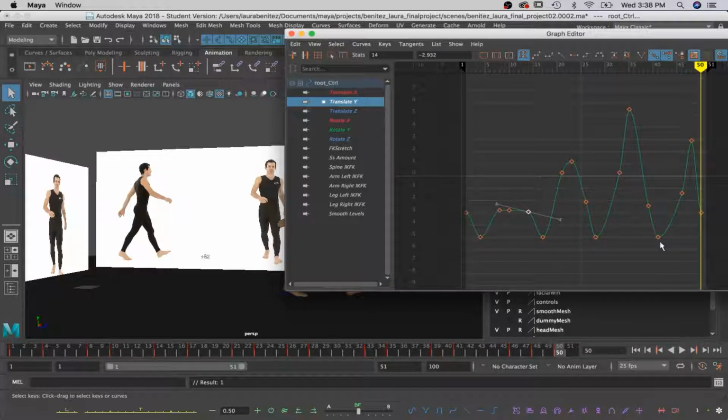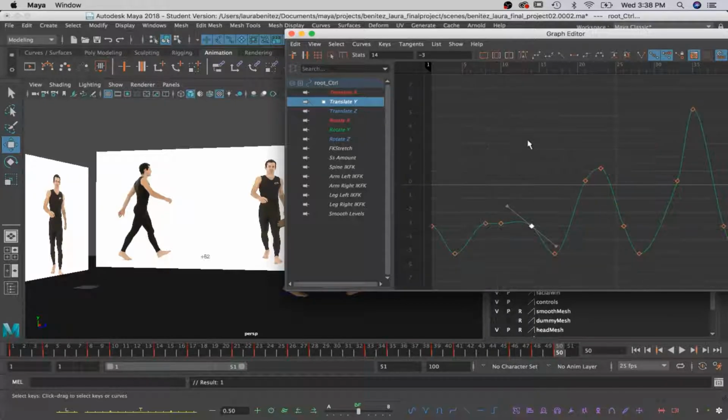So any key before these down poses right here, I'm going to select them and just make them the same number, just to kind of keep them a little bit more even. Alright. And then as for these,